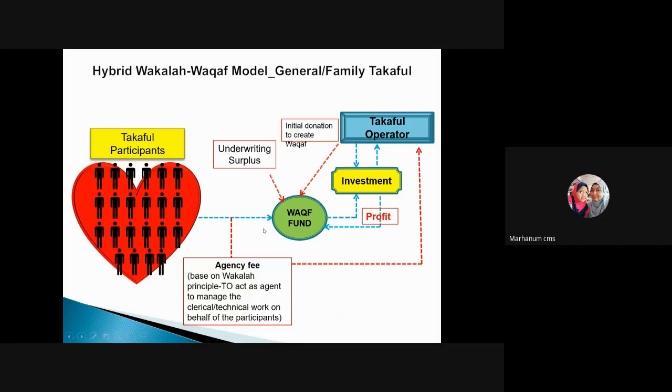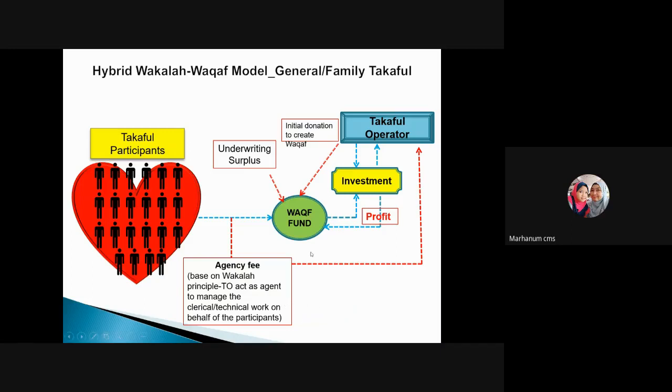They do not practice in this way. What they practice was, here this fund is still tabaruk fund. Okay, tabaruk fund, but wakaf happens later on when something happens to the participant here. The benefit, like say when the participant dies, the death benefit is given in terms of wakaf to the wakaf body, to the orphanage